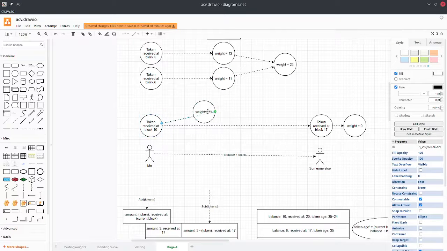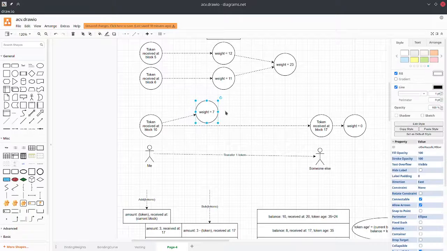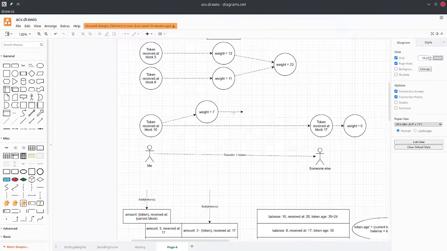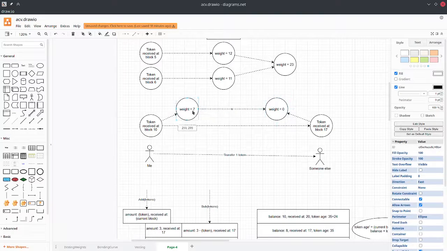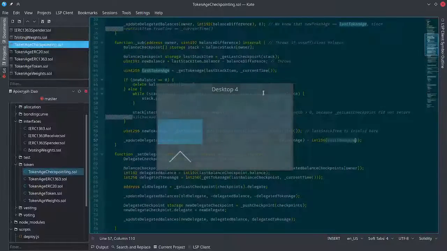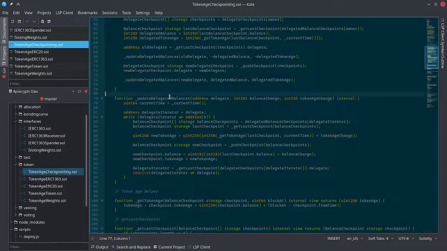So if the token has some kind of weight, I think it was 7 here, it actually gets destroyed and becomes weight 0 because of the transfer. And hence there is a weight change when we're subtracting balances. And update delegated balances